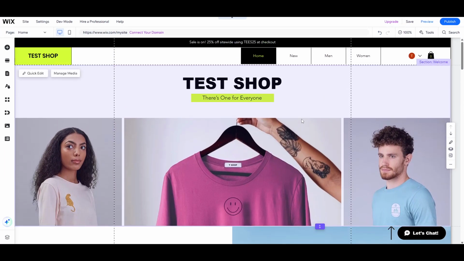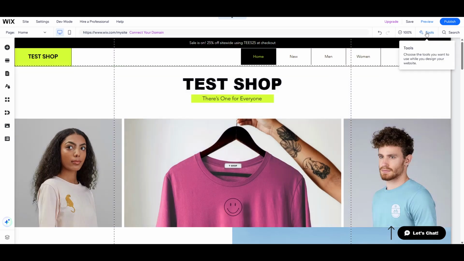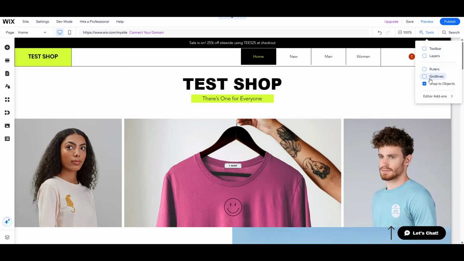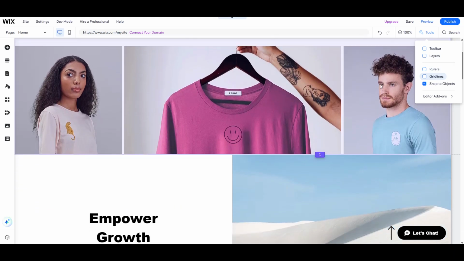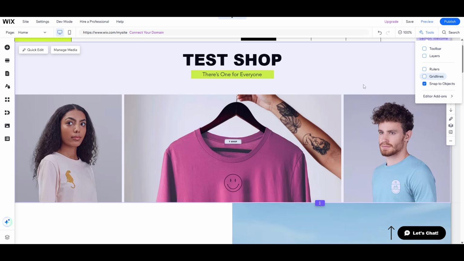To activate or deactivate these grid lines, you'll want to head up to the top bar of the editor. From there, find the Tools drop-down menu, and you'll notice a checkbox dedicated to grid lines. Ticking this box will enable them, and unticking it will disable them. This feature allows you to customize your workspace according to your preferences, giving you complete control over how you view